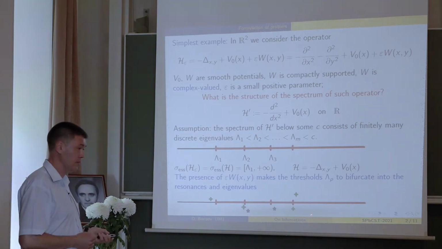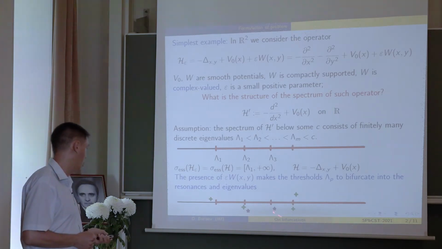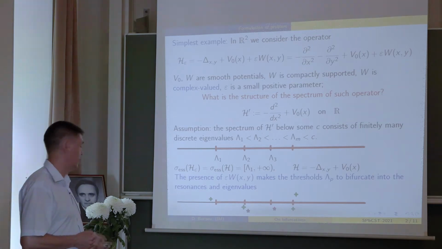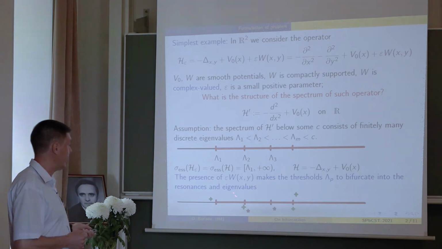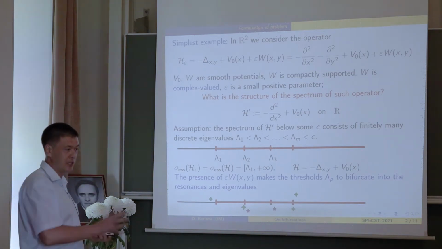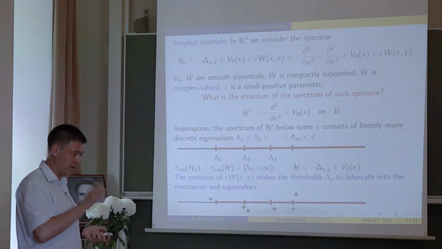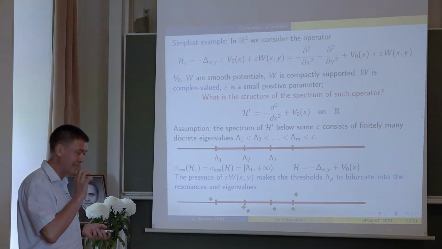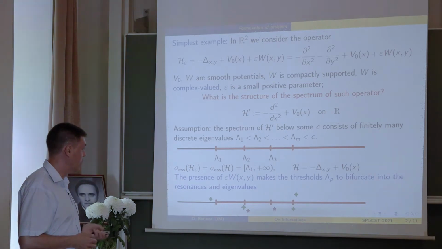I can have green eigenvalues, and also I have magenta resonances. And near each threshold, I can have both eigenvalues and resonances. And actually, we are able to describe in quite some detail what kind of picture I have near each threshold, to count and to understand what kind of objects I have here,